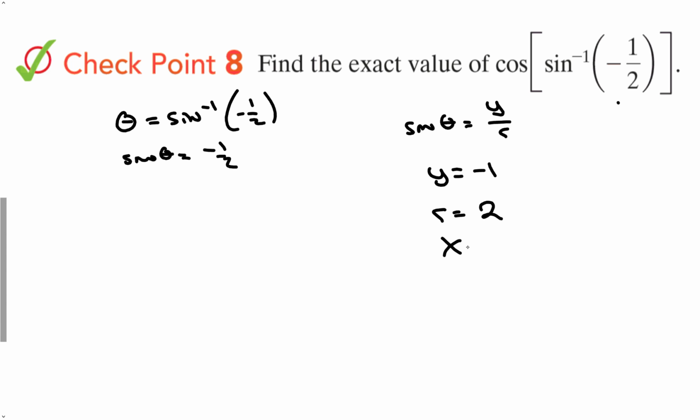I just need my x, so let's just jump right here, 2 squared is equal to x squared plus negative 1 squared,